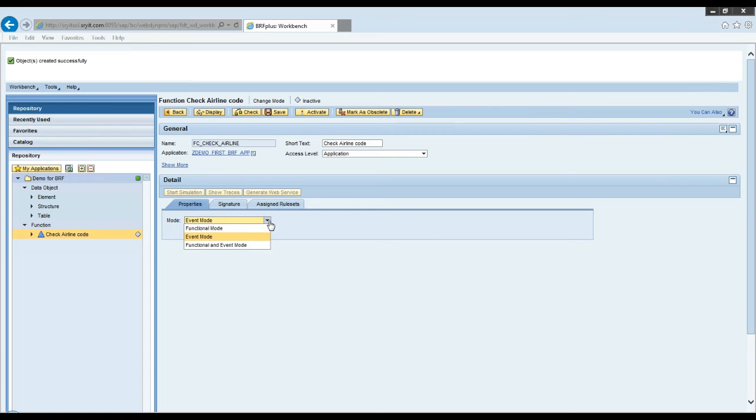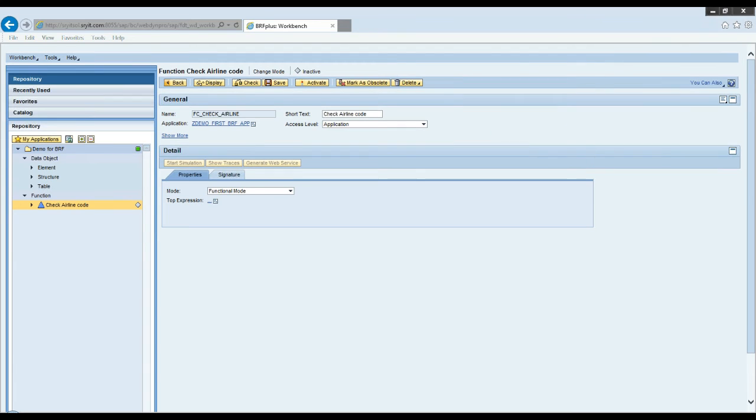So you can here see the modes of execution of the function: functional mode, event mode, or function and event mode. Right now I will select functional mode. I don't want the event mode. So when you add a function in the functional mode, you must define something called a top expression. So an expression will be executed whenever you execute a function in functional mode.